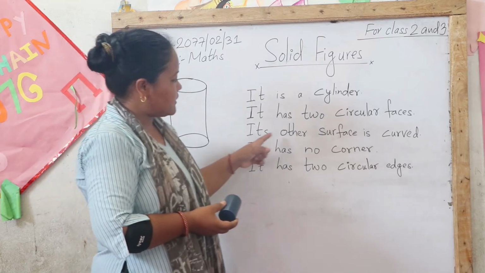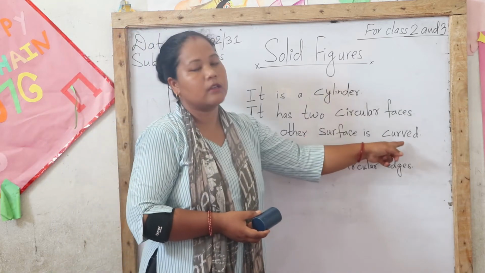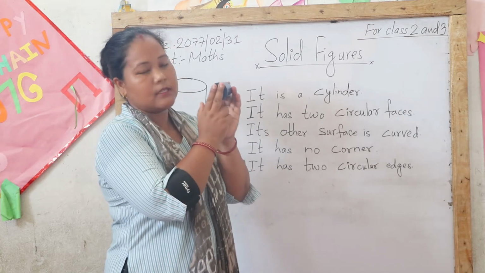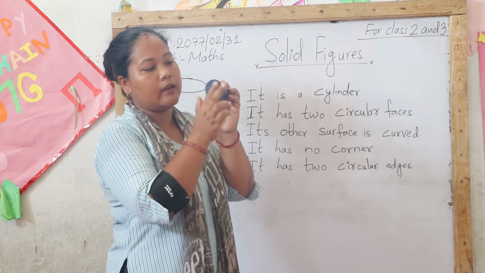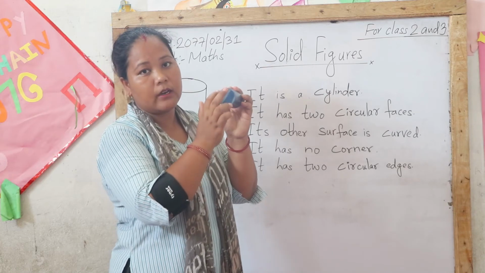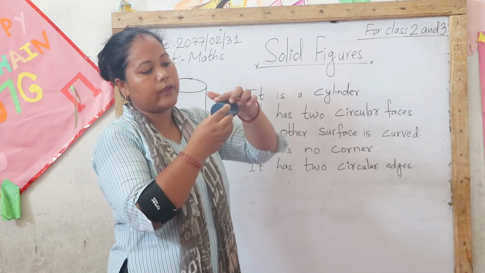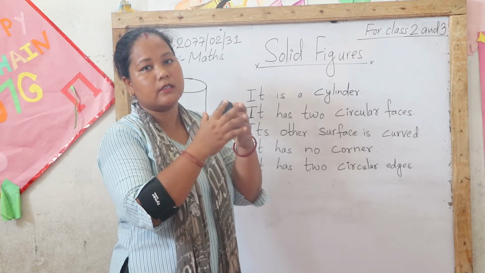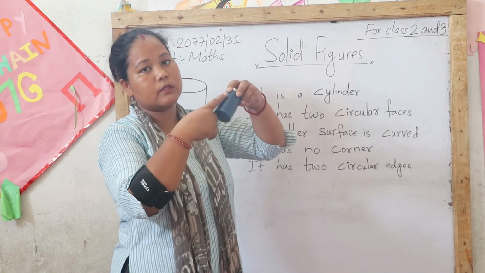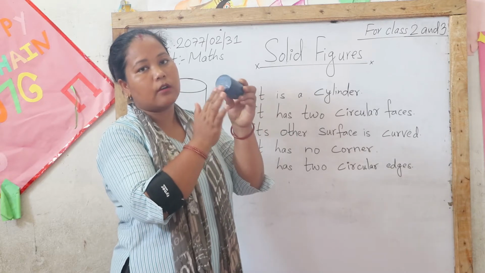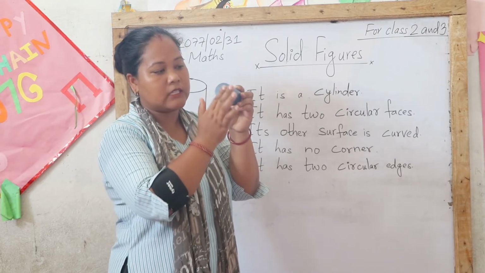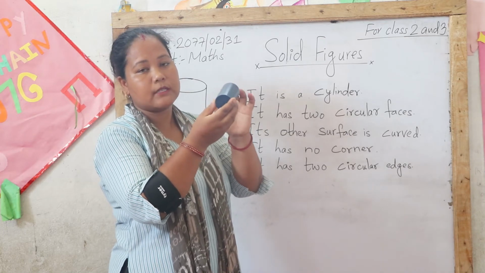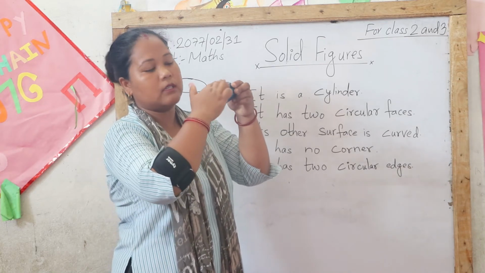Okay, its other surface is curved. Yes, these two surfaces are circular, round in shape, and one surface is curved. This is not flat. Okay, this is a curved surface. Cylinder has two circular faces, and the next surface is